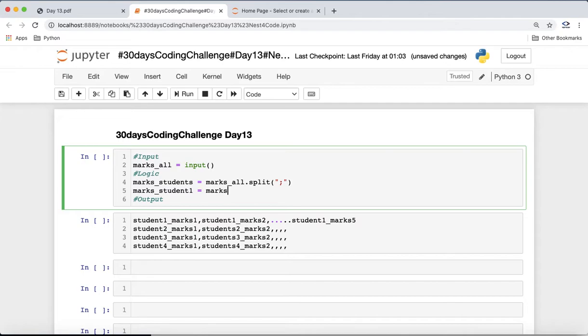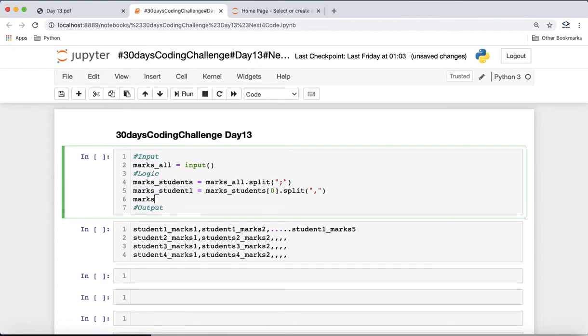So we know, right, if we want to get the marks of a student, we can just go to this mark student. We go to 0th index, right? This will be the marks of student 1 and we'll split it based on comma. So now this will be a list of all the marks for student 1, right? Similarly, when we want to get all the marks for student 2, we know that in this, the marks of student 2 will be stored at index 1 and we will split it based on comma again, right?